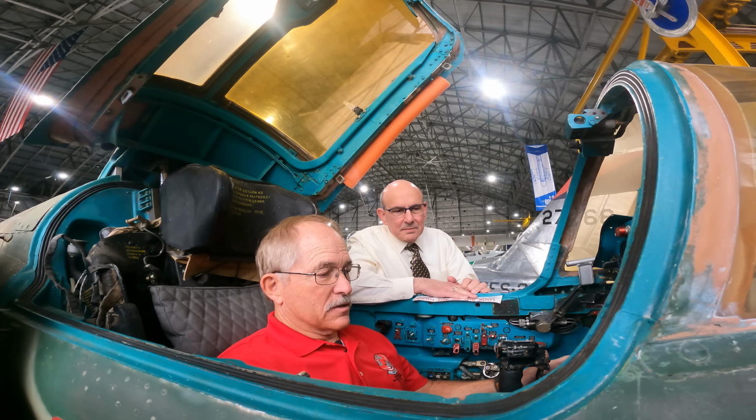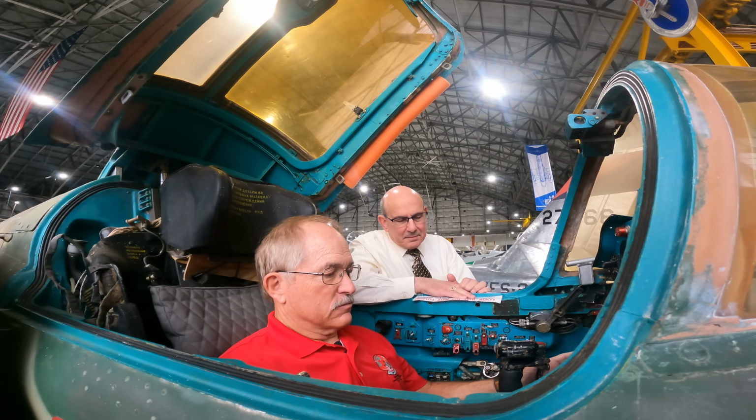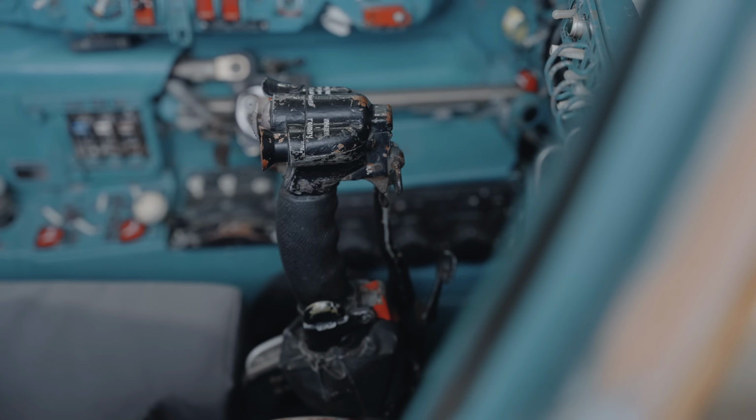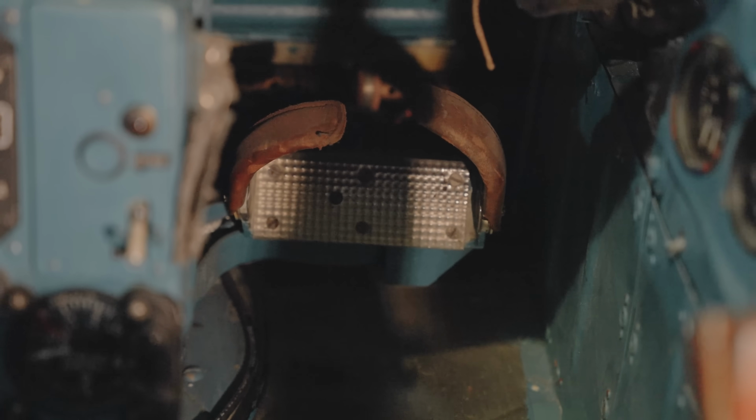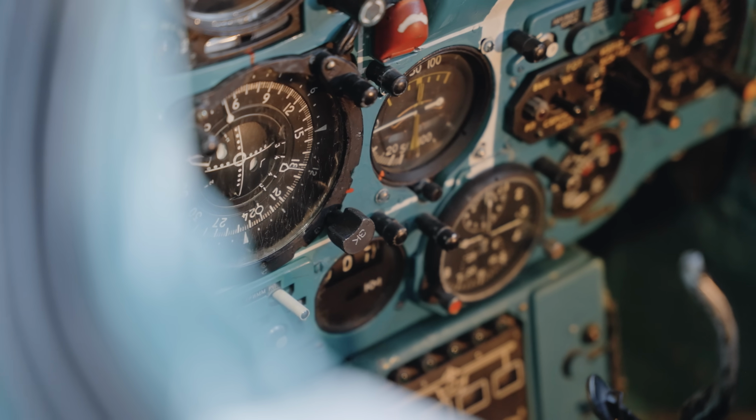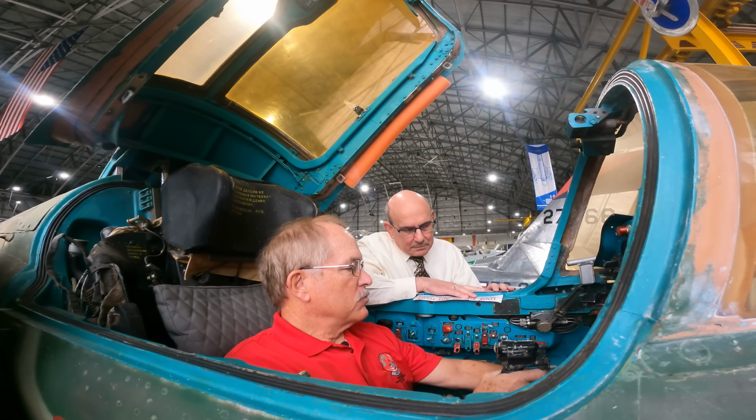In many ways, like American airplanes or other airplanes that we've flown, you've got a control stick here in the middle, you've got throttles on the left and rudder pedals, and they do the same things that other airplanes do. Flight instruments are grouped over here on the left. An attitude indicator. This is going to be...